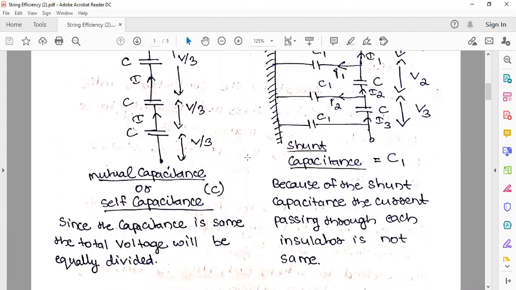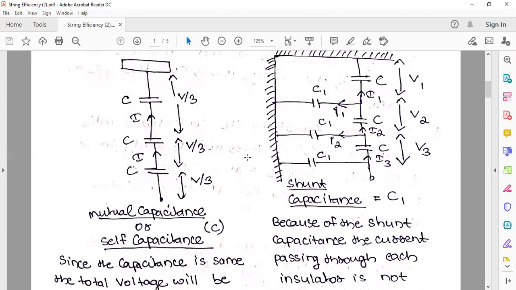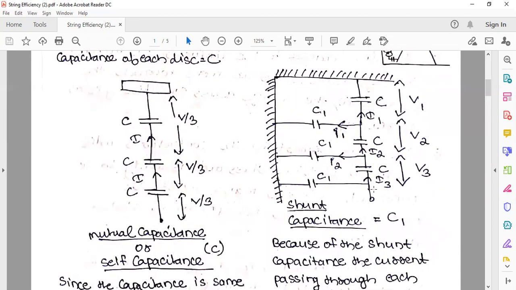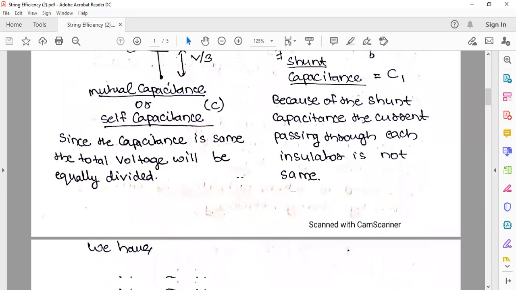That's why we have different currents. We have I1, I2 and I3. So why do we have different currents? Because of the presence of shunt capacitance. Shunt capacitance is denoted by C1 and mutual capacitance is denoted by C. And you should remember this figure. So how are we getting this figure? This figure is from a practical tower we have in our fields. So when you're going outside, just check for it. You can find that there will be a disk type insulator and this connection will be there. So in that, this is the self or mutual capacitance and this is the shunt capacitance. Okay, I hope that much is clear for you.